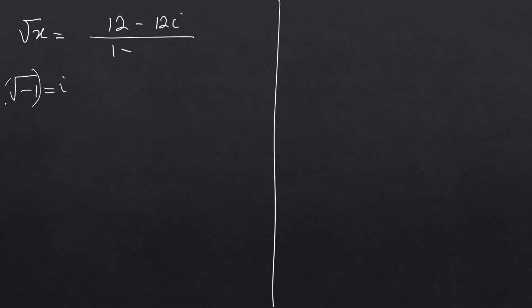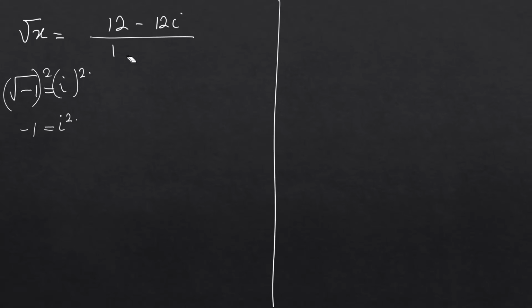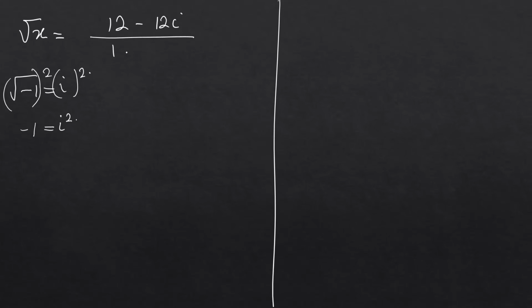If I square both sides, I'm going to say that minus 1 is equal to i squared. So, excuse me, let me clear this part. Good. Now, for that reason, I'm going to have, what was that? That was 1 squared minus i squared. Okay, this is going to be minus i squared,